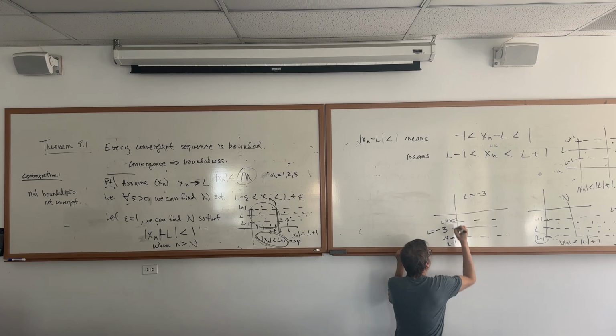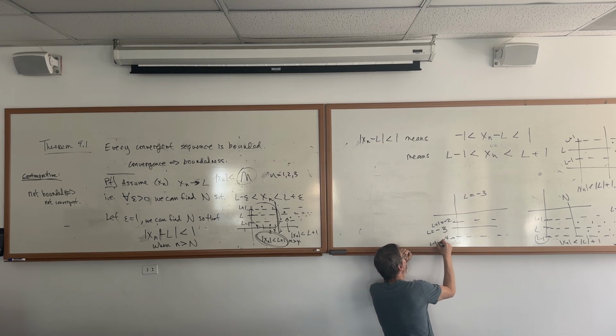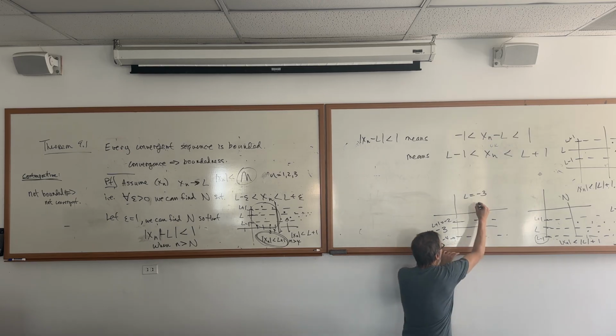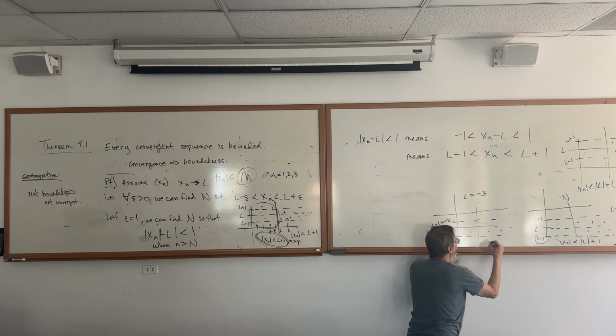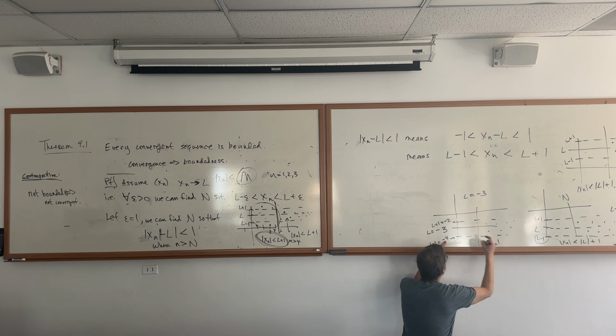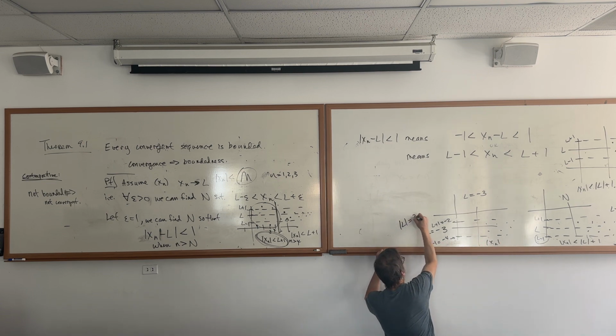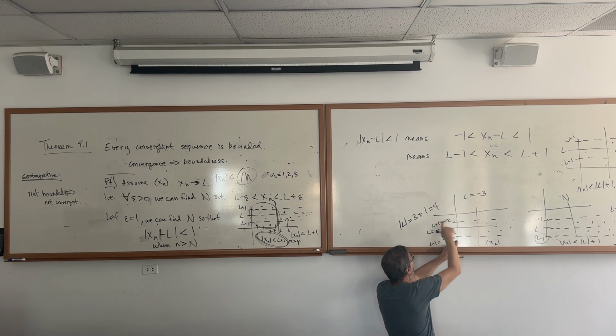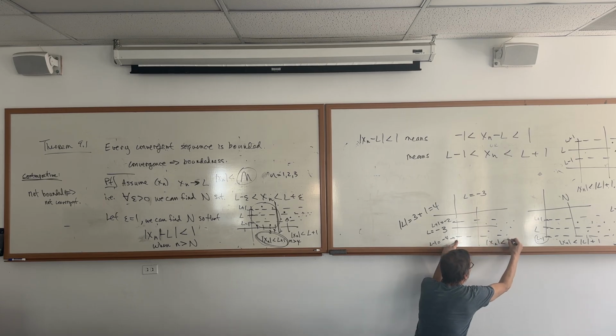Right, equals, sorry, that's super shitty writing. So L plus 1 equals -2. L minus 1 equals -4. And I've got all my x sub n's living in here, and I want to say something about their absolute value. So notice that if I take the absolute value of L, that's 3. And if I add 1 to it, that gets me 4. So that's another way to get this outer bound